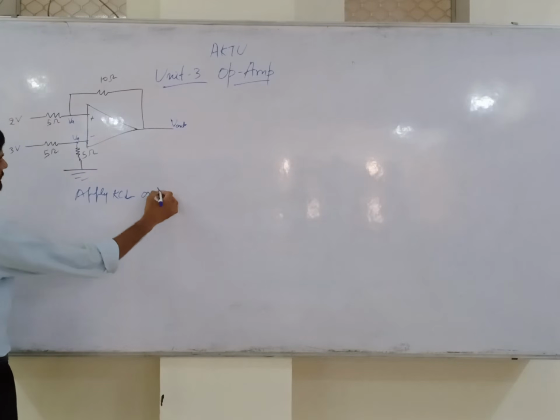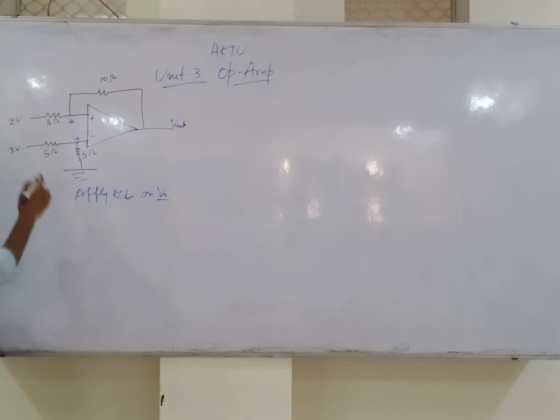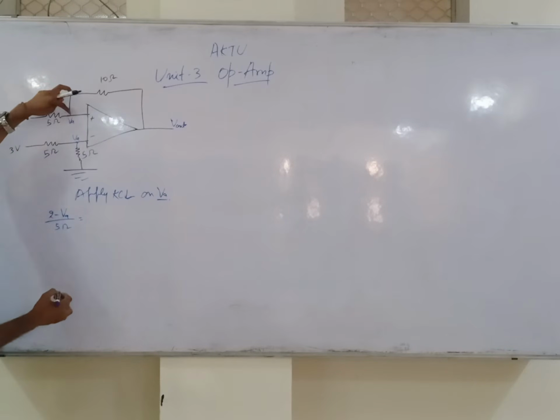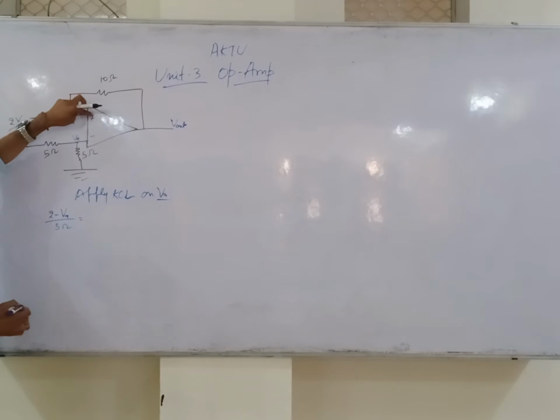So the voltage difference: 2 minus VA upon 5 is equal to